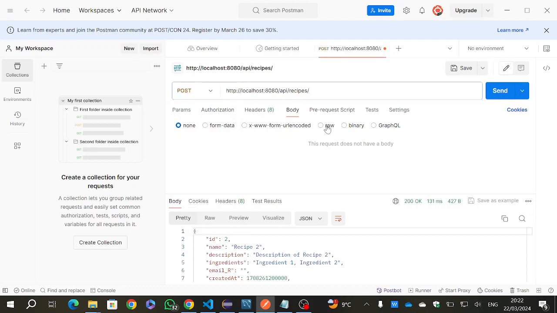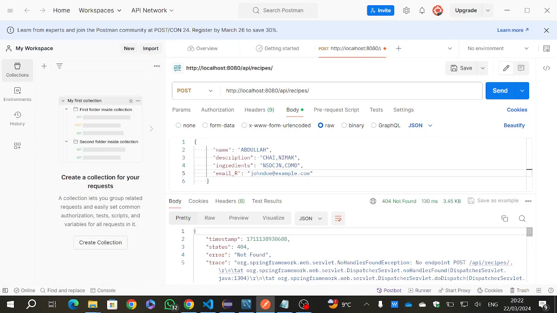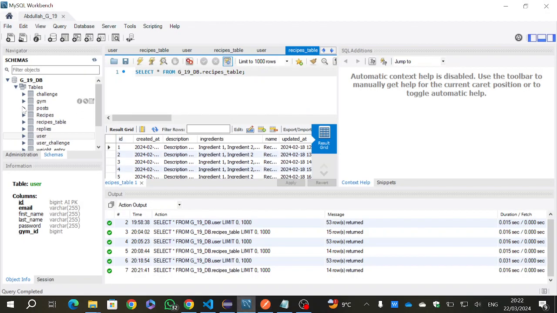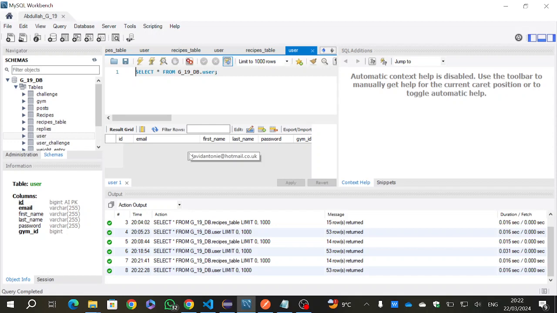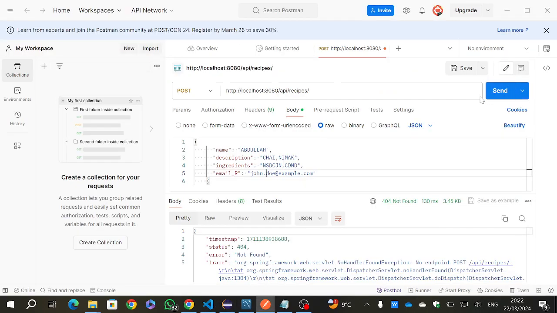So I told you that for posting a recipe you need to enter a correct email. If I enter an incorrect email which is not present in the database user table and then send a post request, it says not found because the email is not present. But if I enter the correct email, john.doe, which is present in my other table of our database, john.doe at example.com, and then send a post request, then the request will be